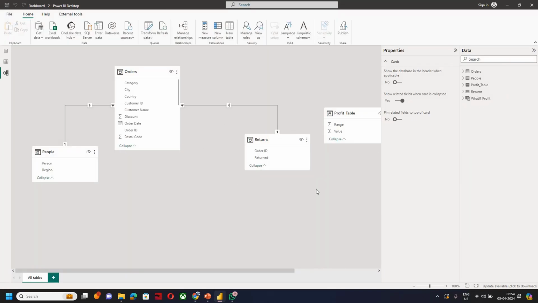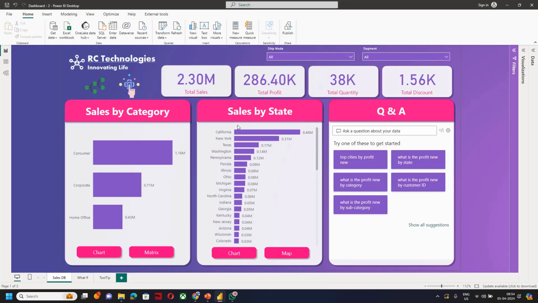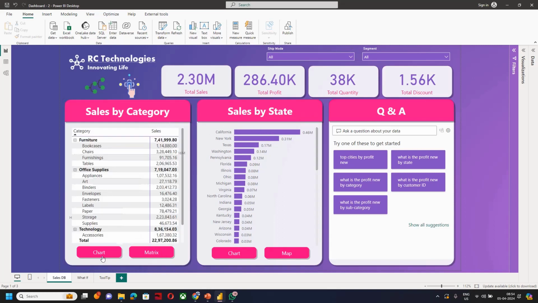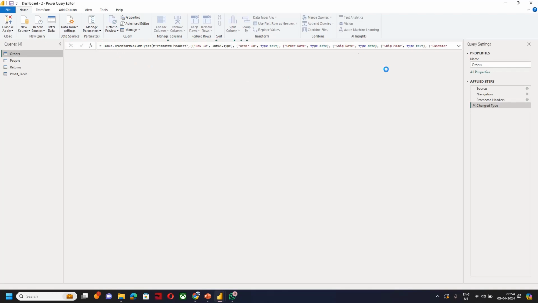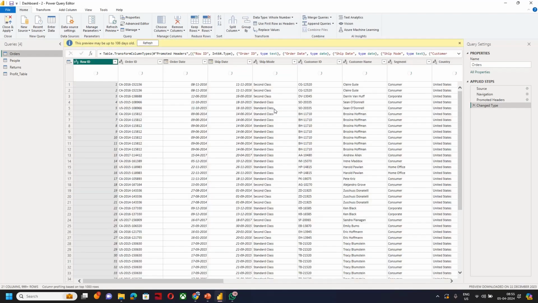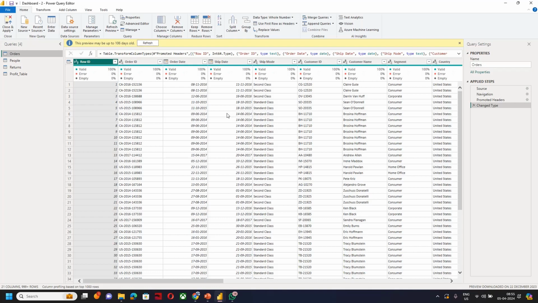This is called data modeling. We'll see how this works, this visualization part, how these are built, how navigation and interaction work. Okay. There is something more here called Power Query. So we'll work on this and see how these formulas are created, how you can utilize data, manipulate data, transform data, and model it to make sure that it is working for you. So these things will be covered.